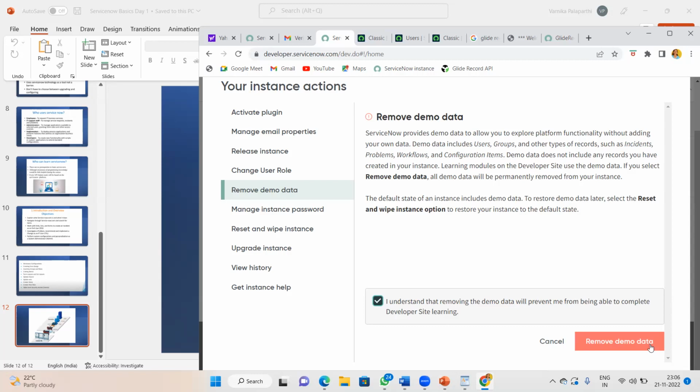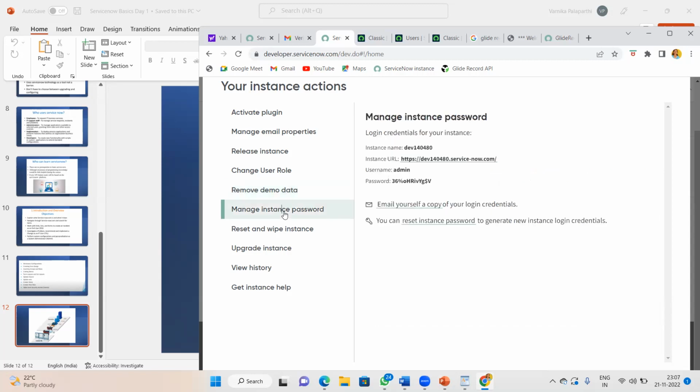And then comes manage instance password. By default, the password will be given to us, and if you want to change anything, you can just change it using the reset instance password button. And by default,